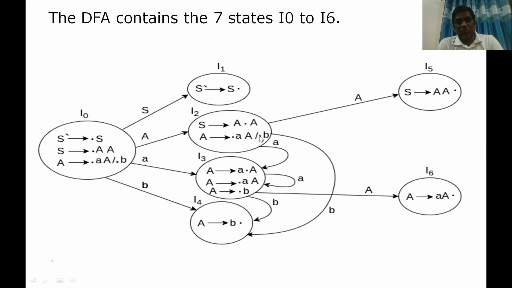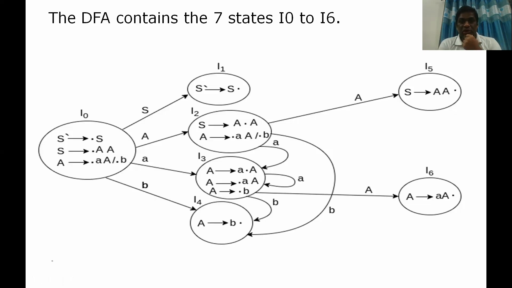We'll move this dot after B, so it becomes A implies B dot, which is nothing but I4. So from I2, on small a is connected to I3. From I2, on small b is connected to I4,